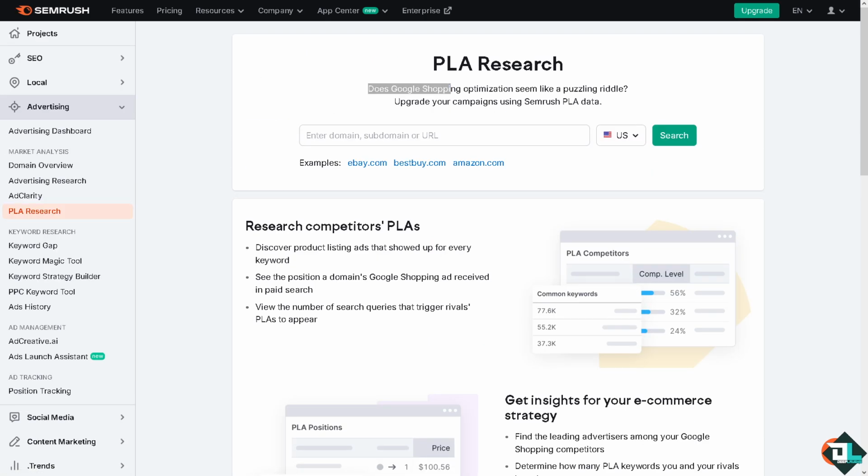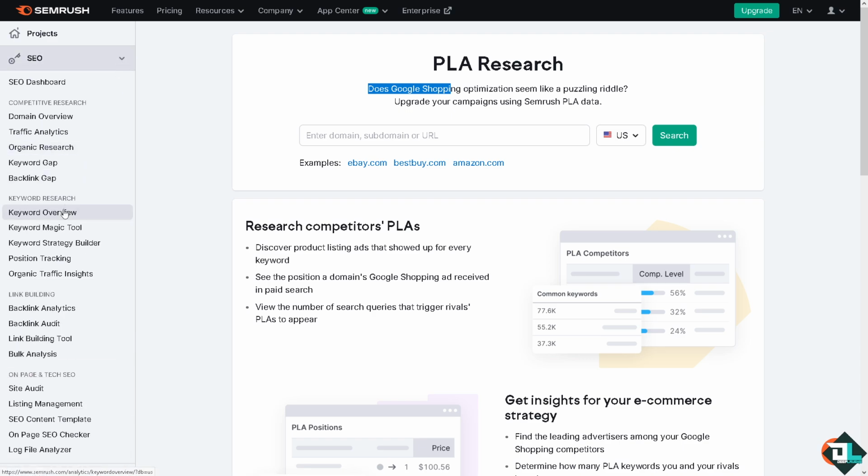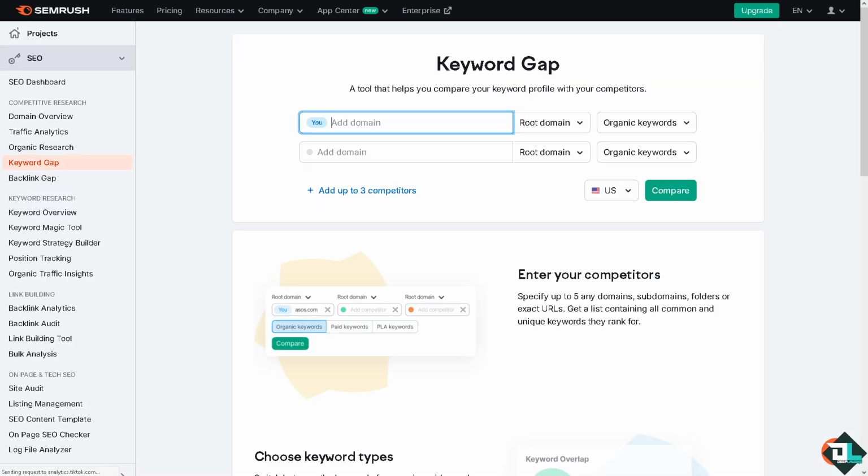All right. Now, another option that you can do as part of your market research is going for the market gap analysis. I want you to go to the SEO and click the keyword gap. We have a separate video on how to use this tool right here, but basically this tool allows you to compare your website's performance with the competitors and discover keyword opportunities. For example, this is your website. For example, our website is going to be